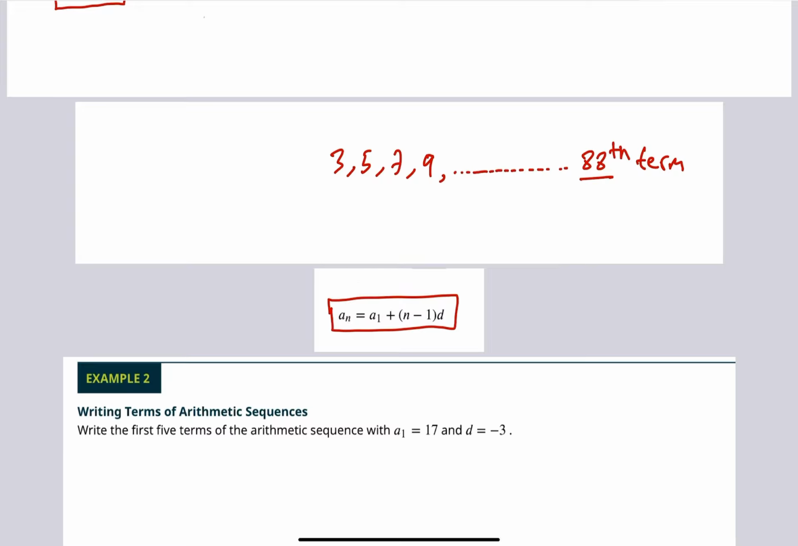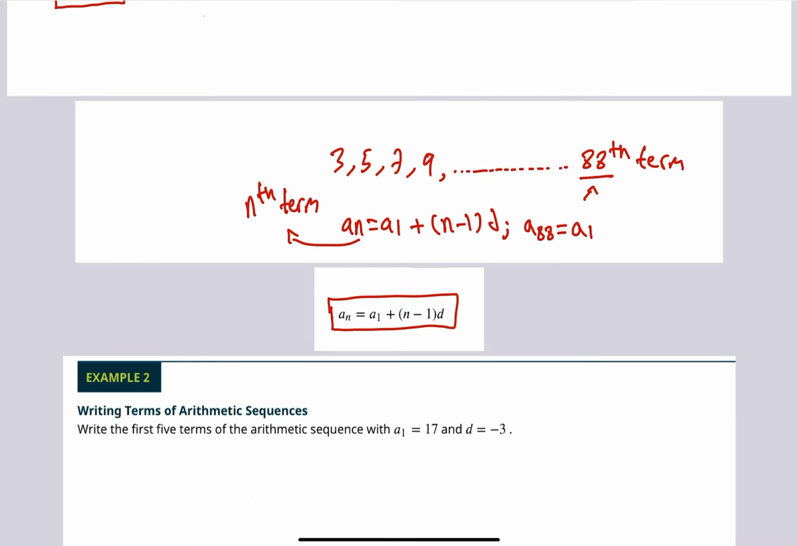Well, this is when this formula comes in handy. We have An, which equals A1 plus n minus 1 d. n represents the nth term. What exactly am I searching for? I'm searching for the 88th term. So I'm searching for A88, right? And what is this equal to? Well, it's equal to A1, which is simply 3,